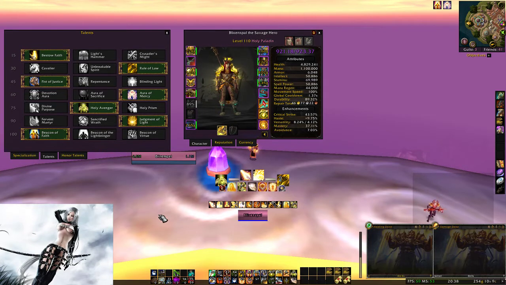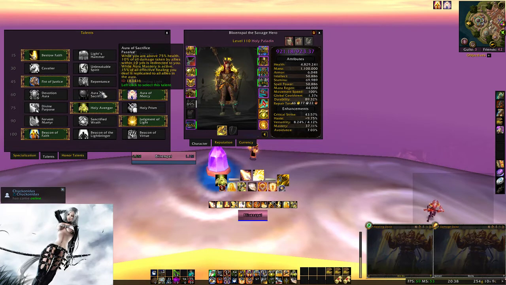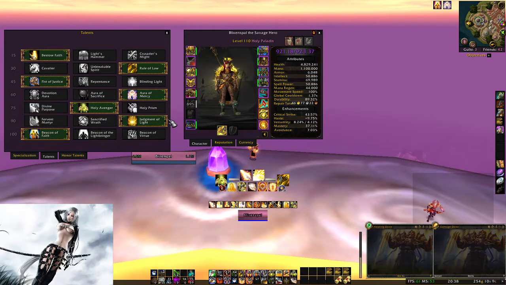Okay. So it's easier to get those big numbers with Aura of Sacrifice. Yeah. With Aura of Mercy, you kind of have to maybe tell people not to heal so you can heal. You know what I mean? Yeah. I've seen